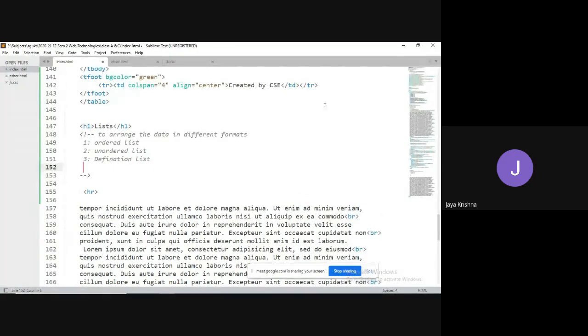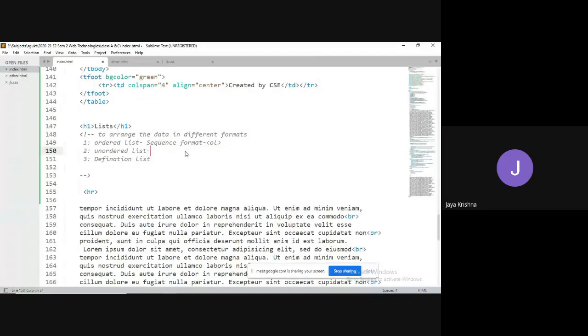Okay, fine. When we go for an ordered list, if you want to display data in the form of some sequence format, for example, 1, 2, 3, 4, ABCD, capital Roman letters, or small Roman letters, then I'll go for the concept of ordered list. We have a tag called the OL tag.